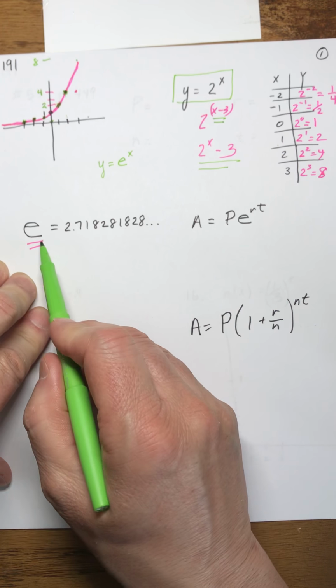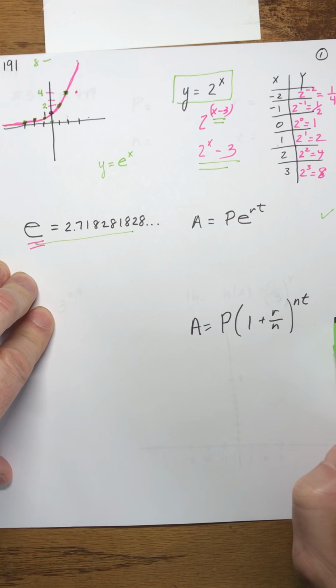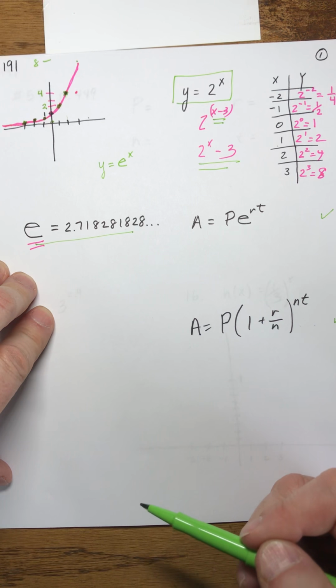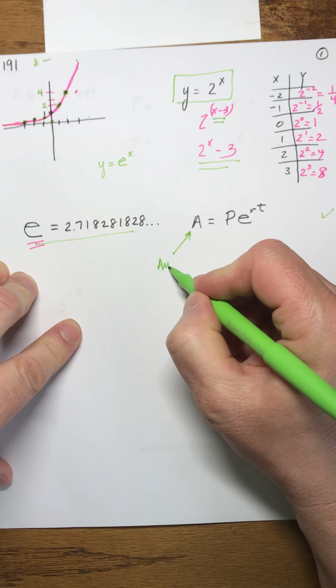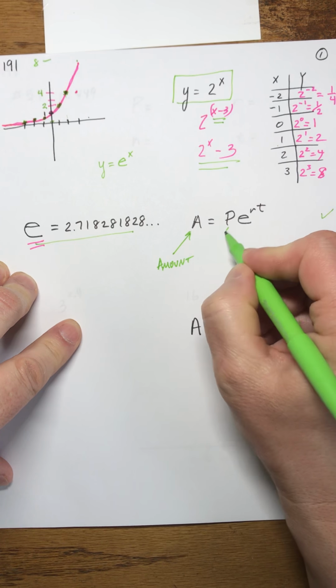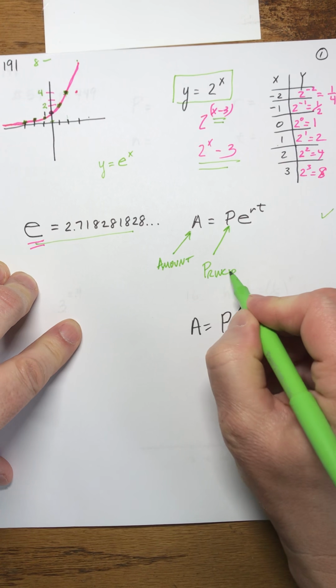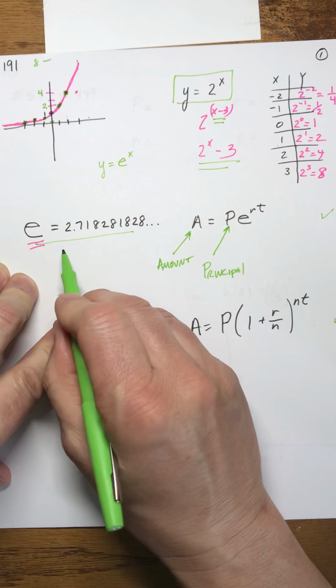What we could do is explore this number and some of its good uses, and here are 2 formulas that help bankers calculate compound interest, where A stands for the amount, the final answer. P stands for the principal. The principal is how much money you actually start with. E is this number,